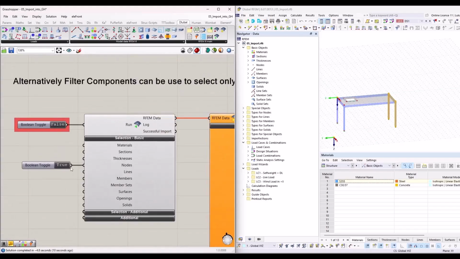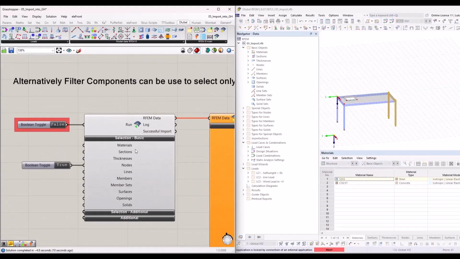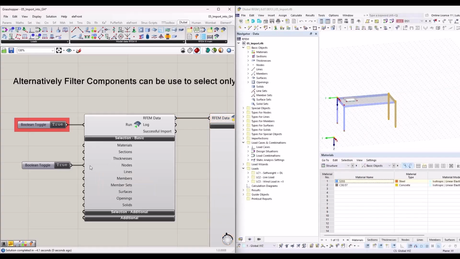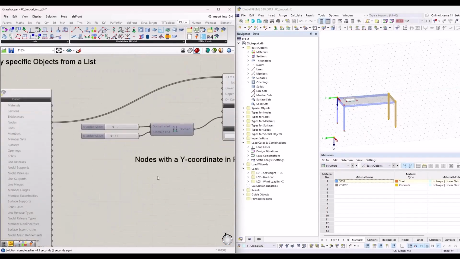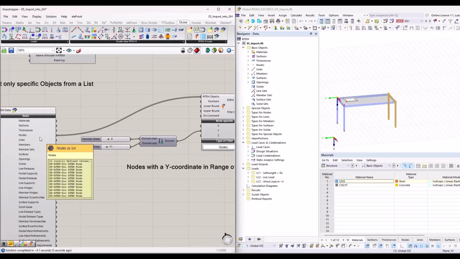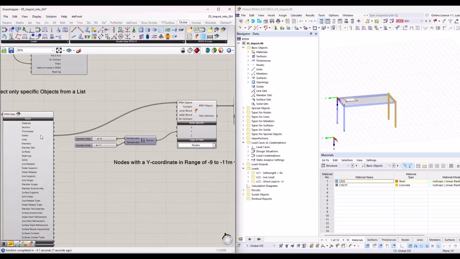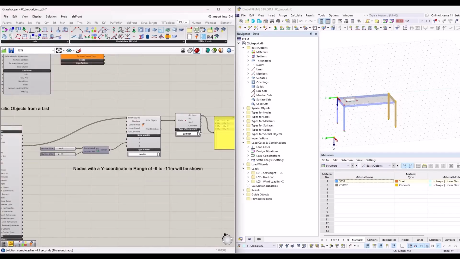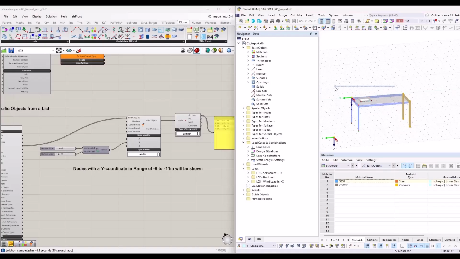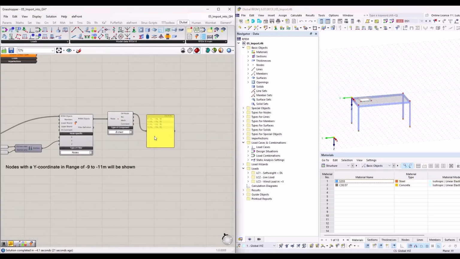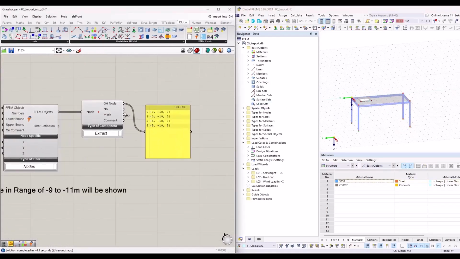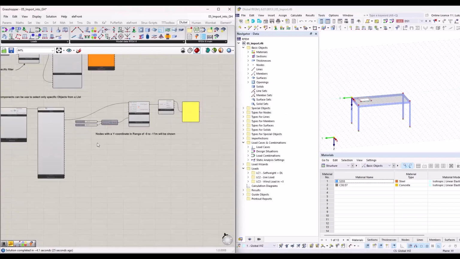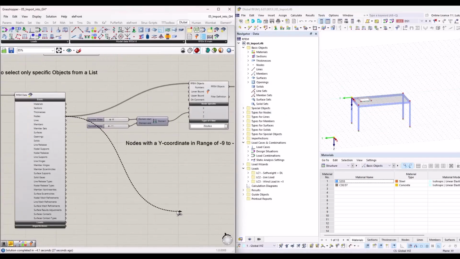So let me run the import here as well. Same example, I import all the nodes. Now really all nodes, but then I want to split up the data package for my nodes. Maybe for some reason I have a couple of branches here. I need these 4 nodes again, the same ones that I used here from -9 to -11, for something else, maybe to create a surface or whatsoever. And then you could use other nodes, again with the filter component,